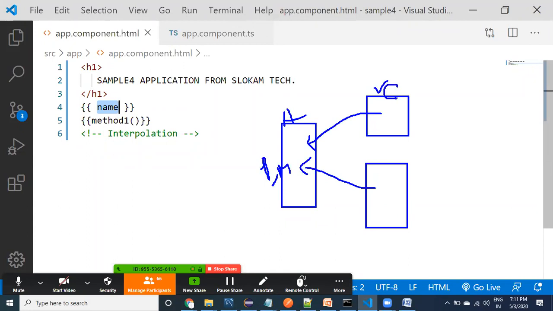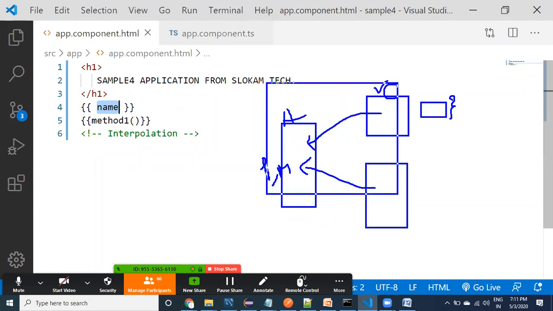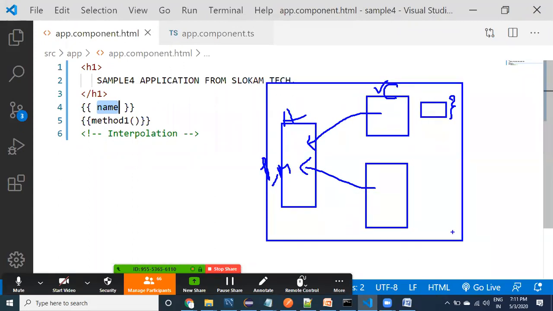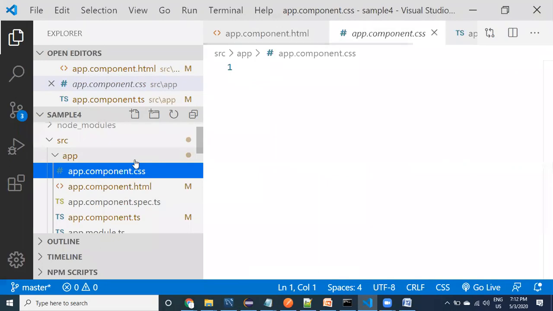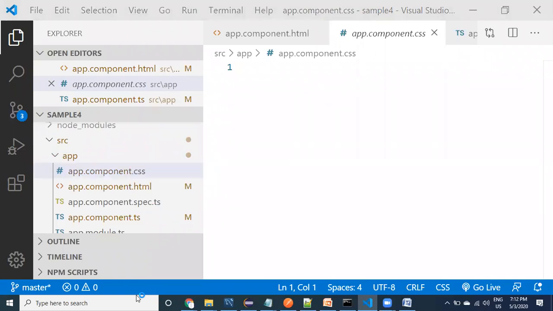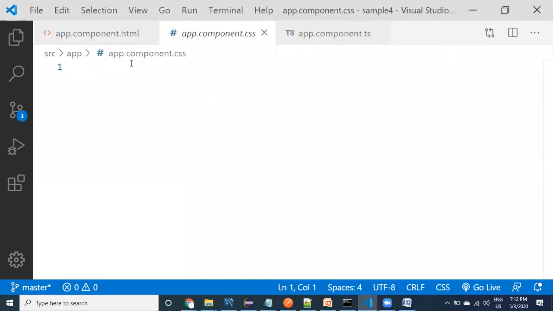What I want to do in CSS now: I will go to the CSS and declare a simple CSS class for today, so that the basic connection between these three files can be understandable to you guys. That's why I just want to show you that. Now let me go to the CSS file, the CSS file related to this particular component, not any different component's file.